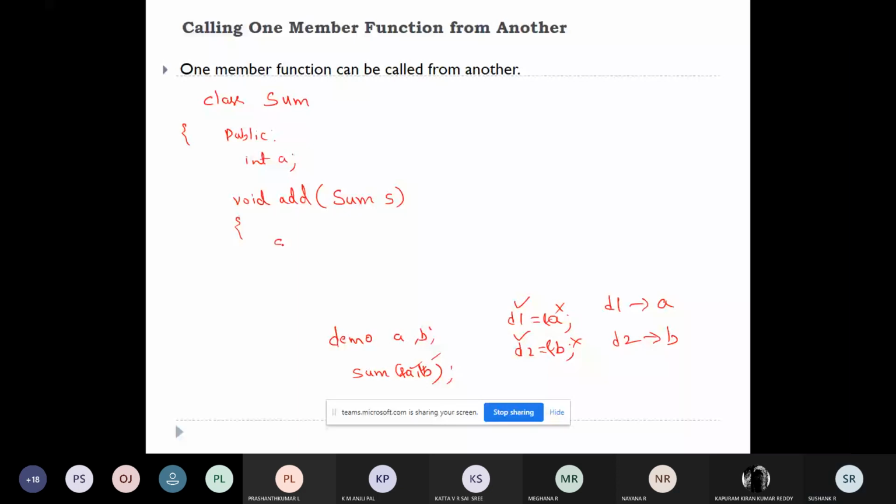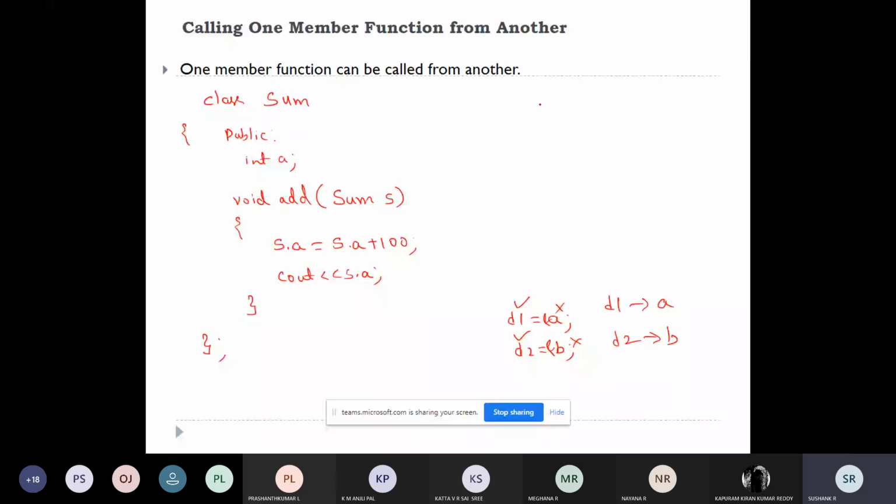object dot variable is equal to object dot variable plus 100. That's all. Then I will just print out object dot variable name. After this, I'll close the class, and I will create a main function.